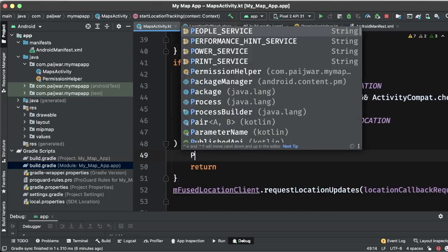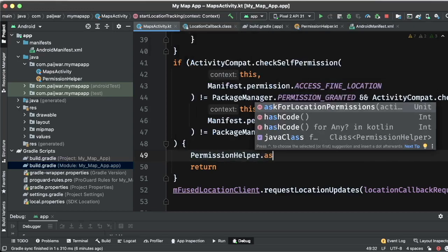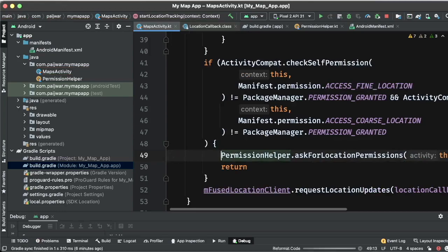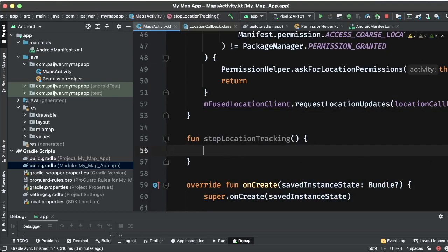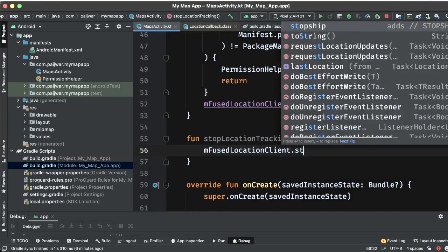What we need to do is call permissionHelper.askForPermission and pass the parameter. Now go here also, fusedLocation stop.